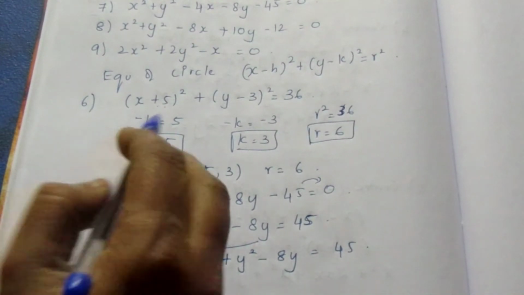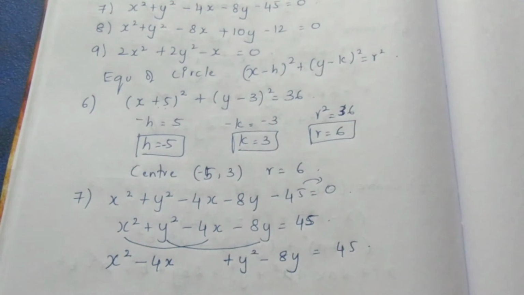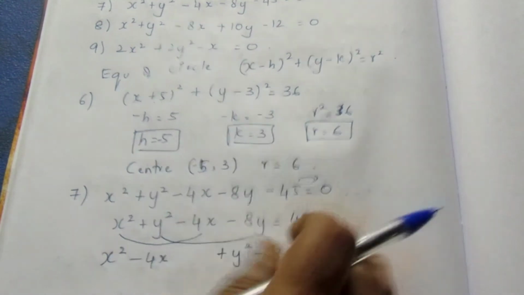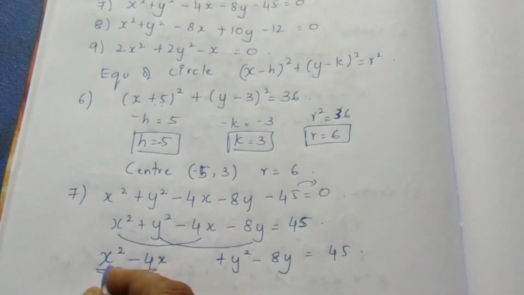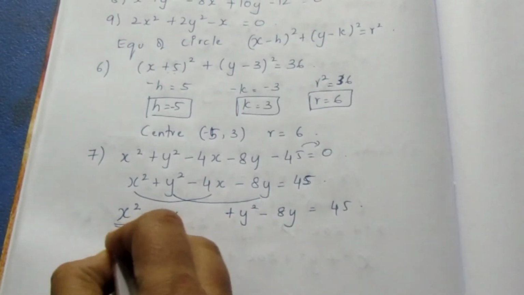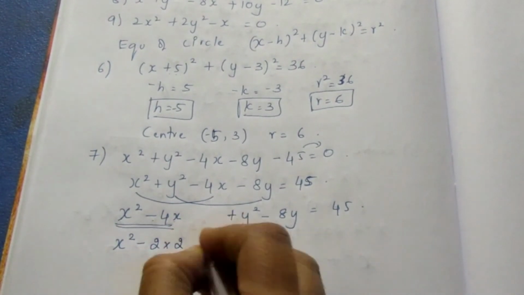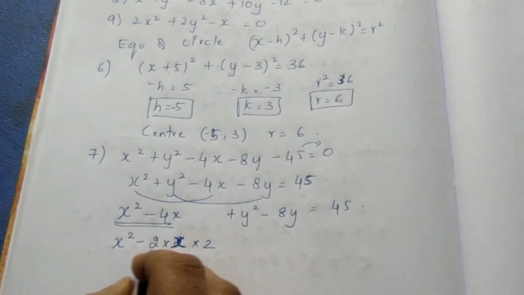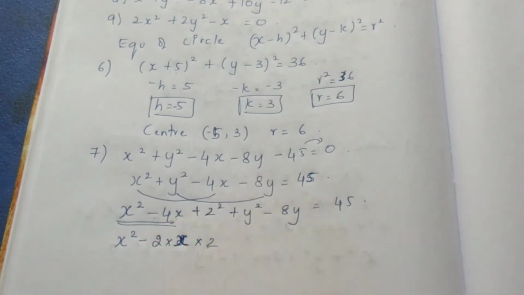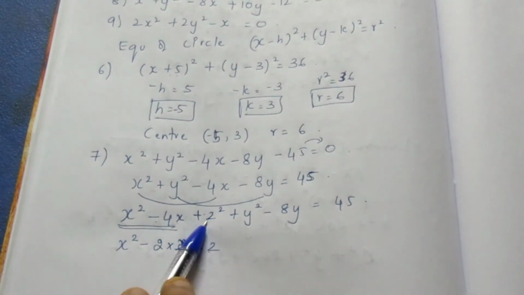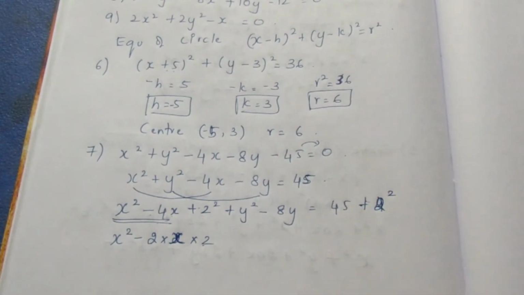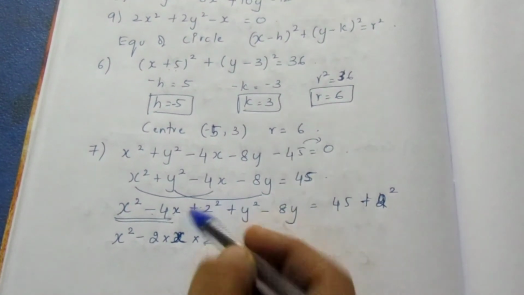I am going to form this equation as a minus b the whole square without changing the question. I can't change the question. I have no rights to change the question. Now it should be in the a minus b whole square formula. Already we have a square minus 2ab here. That is a square minus 2 into a, here a is x. So if I multiply another 2 I will get my 4. So 2ab will be 4. So plus 2 square, a minus b whole square. If I add something here I also have to add it on the RHS side, so that it gets cancelled and I have not changed the question.